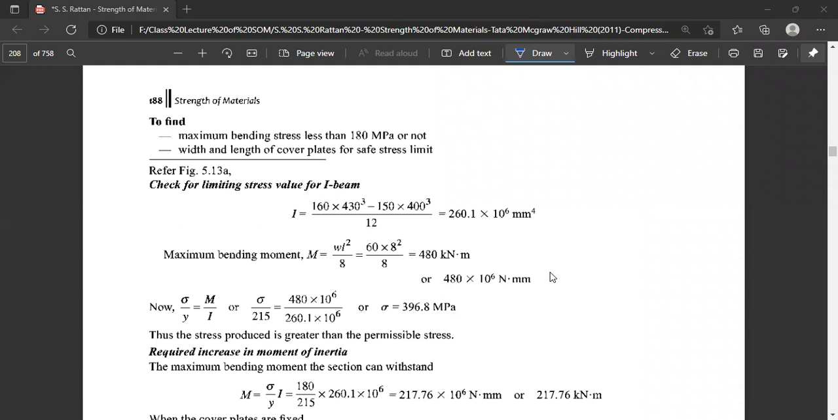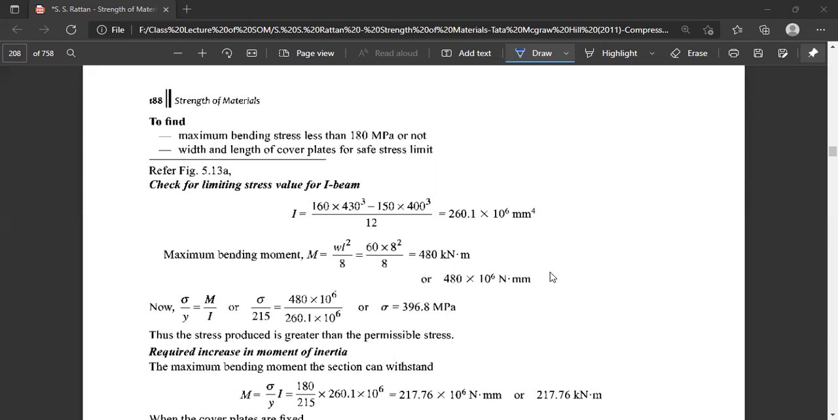196.8 MPa. So the bending stress induced in this type of beam will be 396 MPa, which is much above the 130 MPa permissible stress. So we have to redesign the section. We have to add plates on the top and bottom of the beam, and we have to find out their width as well as their length, from where they are to be fixed. Either they are fixed for the full length or only a portion of the beam. We have to calculate first